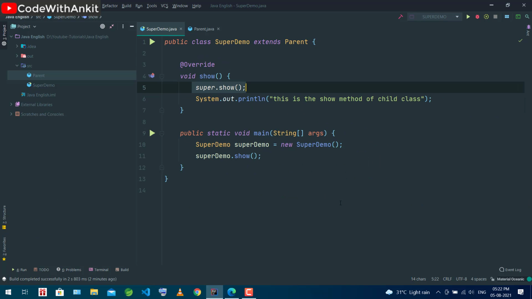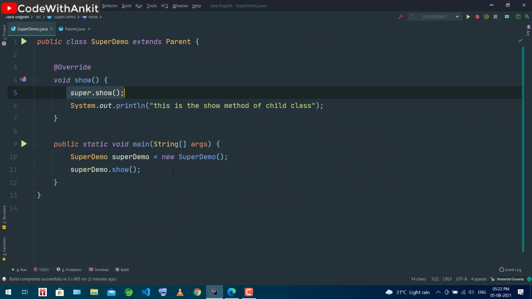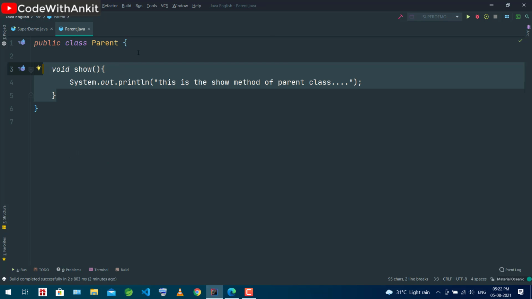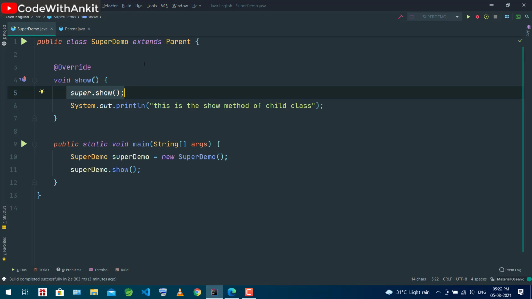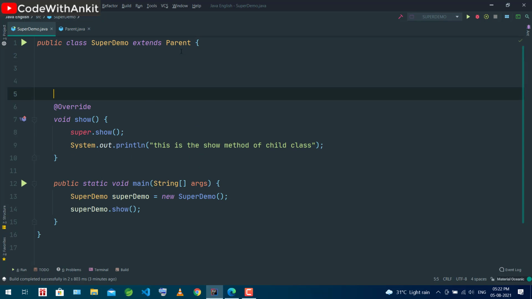Now we can go for the next use also. Suppose in the parent I have one more data member, int age, and this age is 40. Now the child class also has int age, and this age variable is 12.